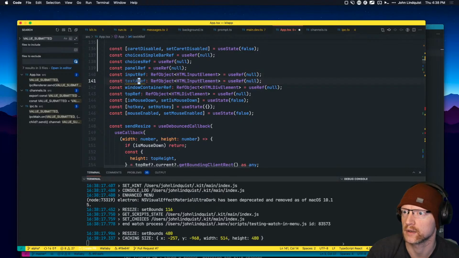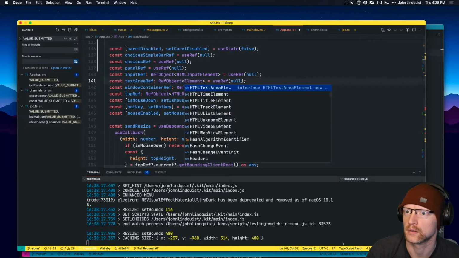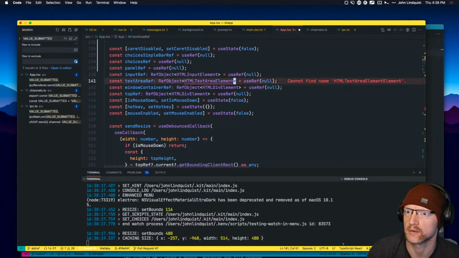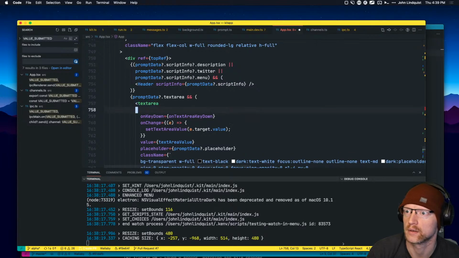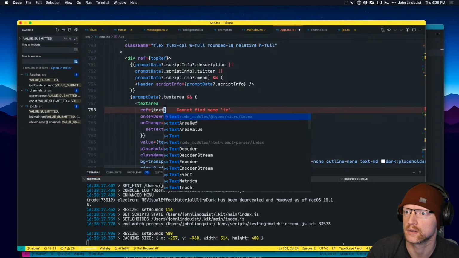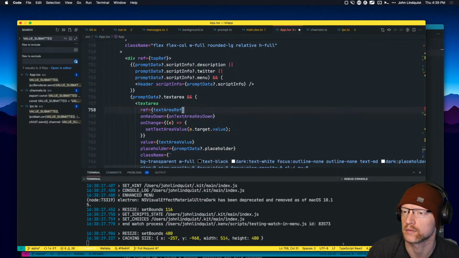Text area ref. This is an HTML text area element, and then the text area ref is the text area ref, and then